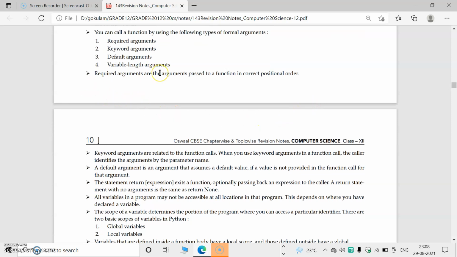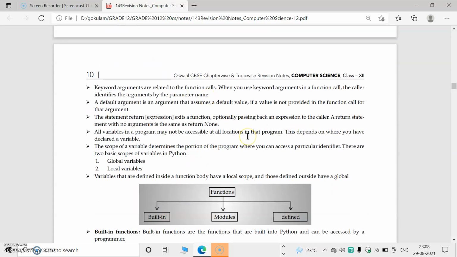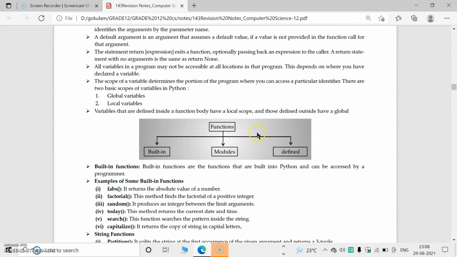Required arguments means the arguments are passed to a function in the correct order. Keyword arguments relate to the function call; by using these arguments, we can identify the purpose of the argument. Default argument means the value is in the function definition itself, so there is no need to supply a value externally. So these are the arguments.